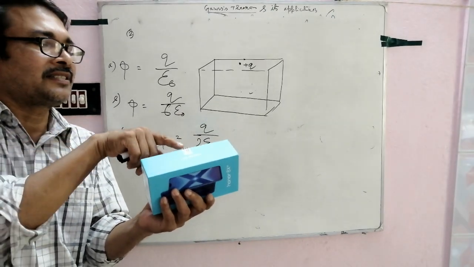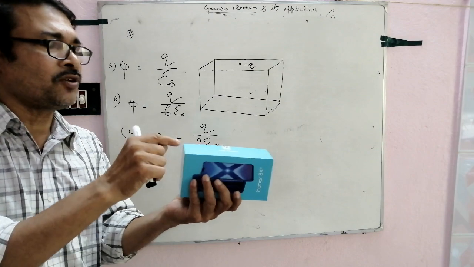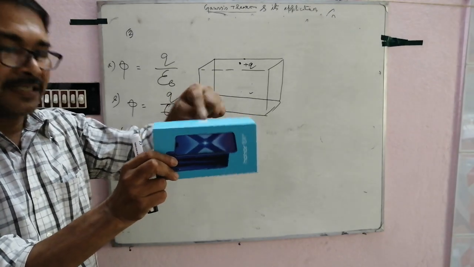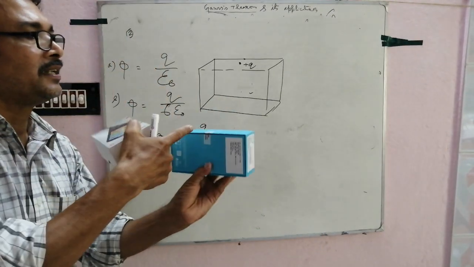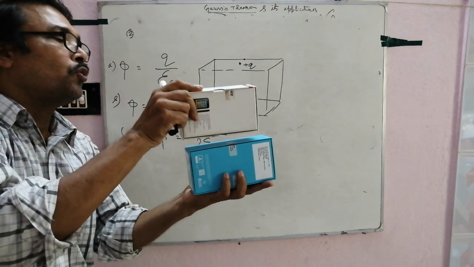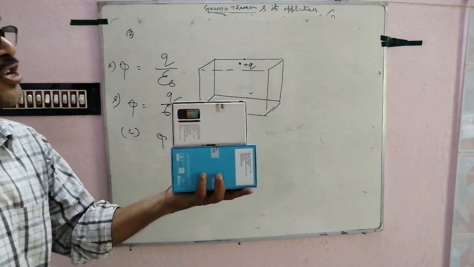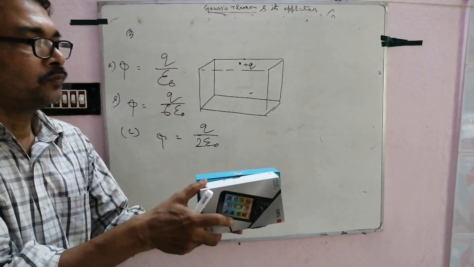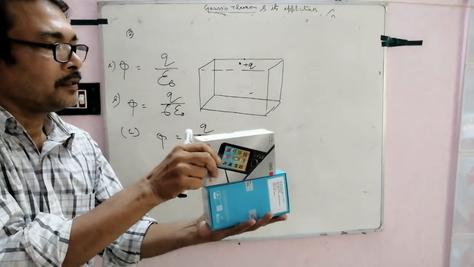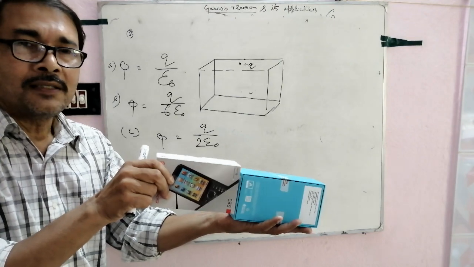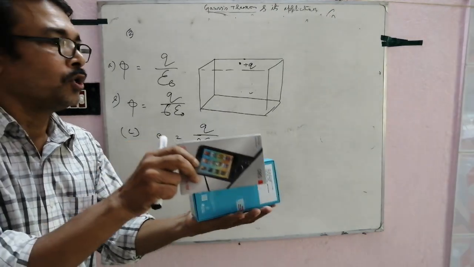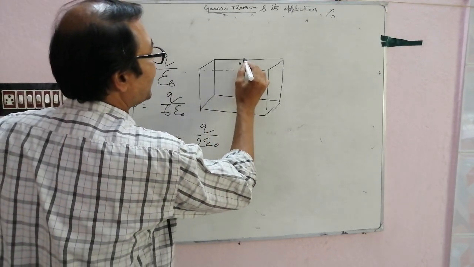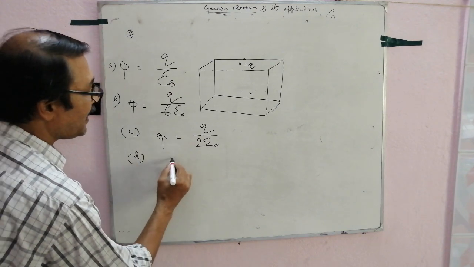Here I place the charge in this edge, or in this edge, or in any one of the edges. Suppose here, look at my finger, here is the charge. To cover this charge, we need how many cuboids? 1, 2, 3, and initially 1 is present, the original one, so 4 cuboids total.